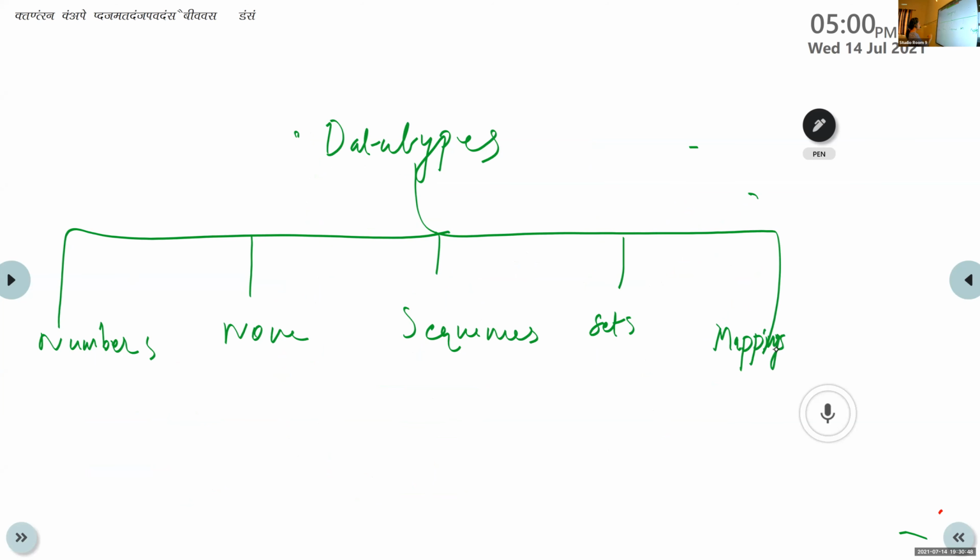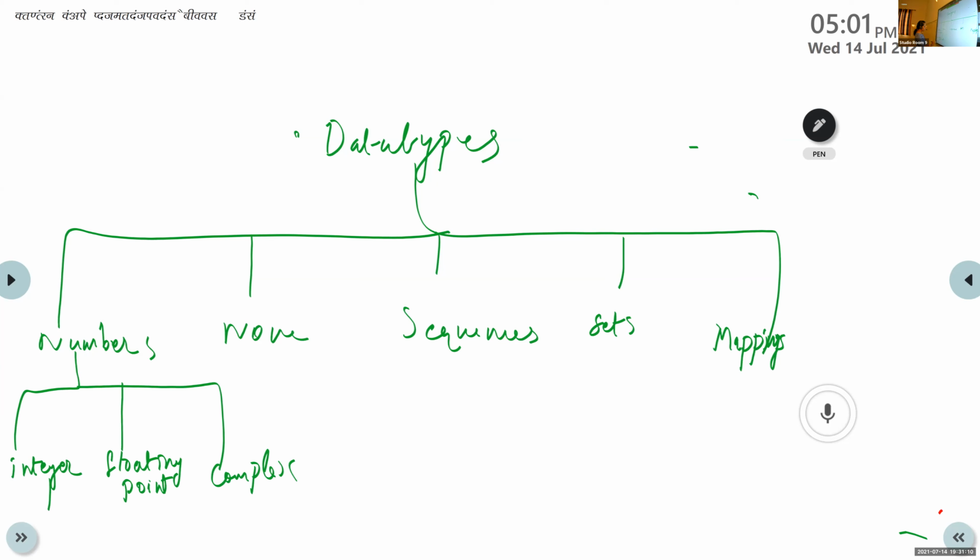Okay. Numbers are again divided into three: integer, floating point, and complex.